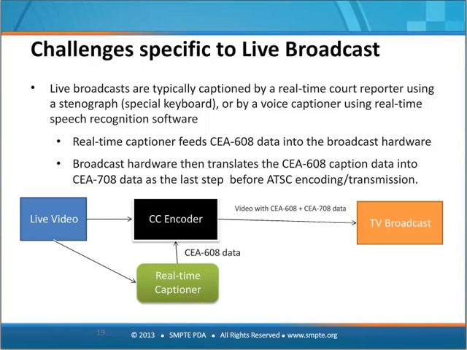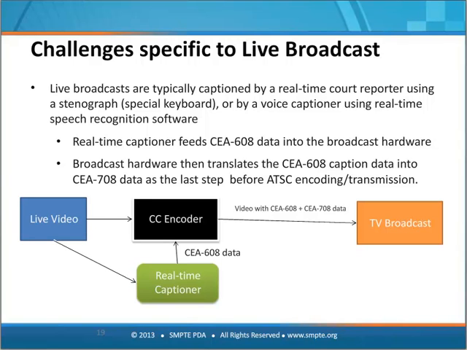Also, with new technology, some captioning is done using what's called a voice captioner. It's not an automatic black box that takes your program and captions everything. If it was, then captioning would be trivial. We wouldn't have to worry about it, but it's not there yet. The way that works is that the speech recognition software has to be trained to a specific speaker's voice in order to get good accuracy. So a person sits there, and just like a court reporter listens and types what they hear, a voice captioner listens and repeats what they hear. And this is for live broadcast.